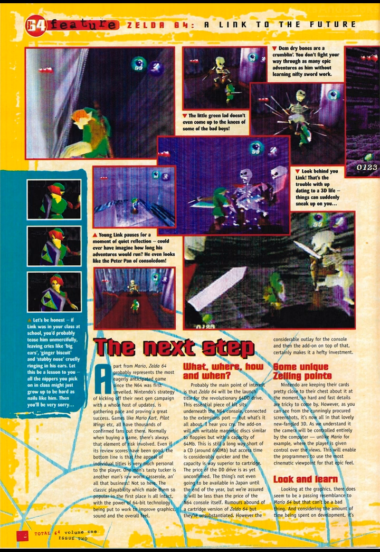This page follows on nicely from the Zelda history lesson, jumping straight into the future with a full feature on Zelda 64, A Link to the Future. It's plastered with tantalizing screenshots showing Link exploring the 3D world and getting into scraps with some rather large skeletal chaps. The article correctly identifies this as probably the most anticipated game on the N64, building on the series' legendary